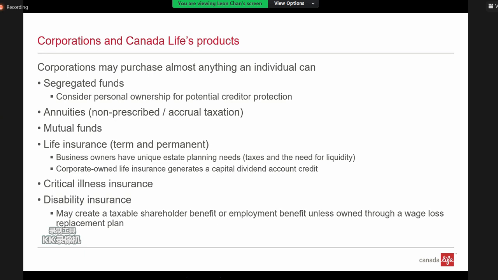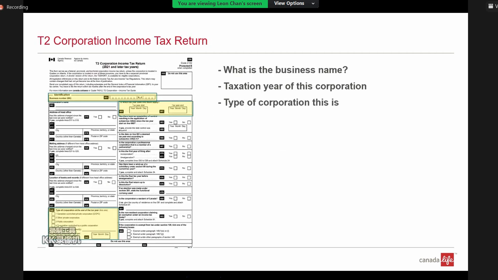Corporations can purchase almost anything an individual can. In our conversations, most of the time for Connie and me, we're looking at the corporation's point of view. We're looking at the corporate org chart, potentially where a policy could be placed, as well as needs there. And so our conversations are mostly around life insurance, term or permanent, as well as critical illness insurance and disability insurance. Right. Now, the T2 corporate income tax return, I just wanted to quickly cover this